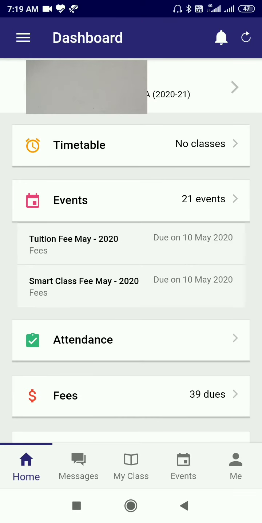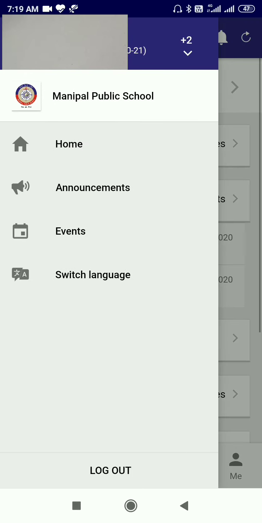The profile of one of your wards will open. Now if you want to change, you have to go to the top left corner. There is an open from button. Touch it. Here you see on the top in blue there is a +2 written because there are two wards. If three wards are connected with this mobile number, then there will be 3. Now touch on +2.